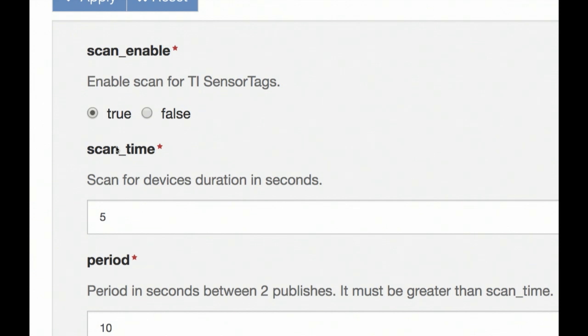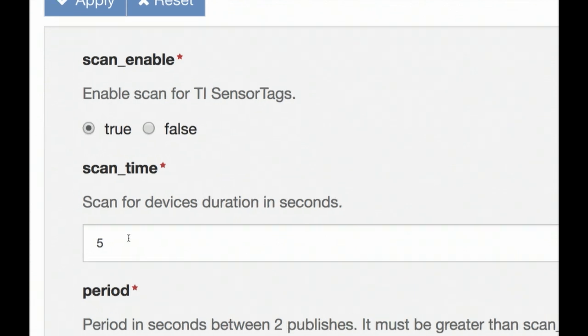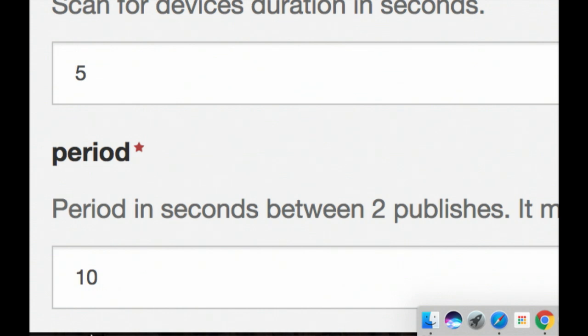It will automatically show up in the UI, and I don't have to reinvent the wheel in terms of making my app configurable. My app will scan for TI sensor tags in proximity, and every 5 seconds it will acquire the data and publish the data that it's acquired every 10 seconds.